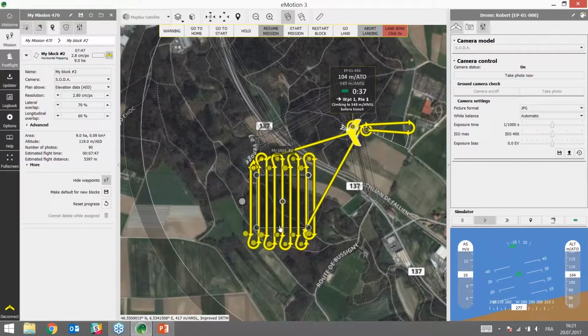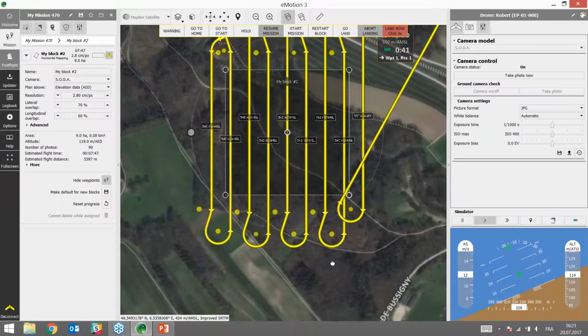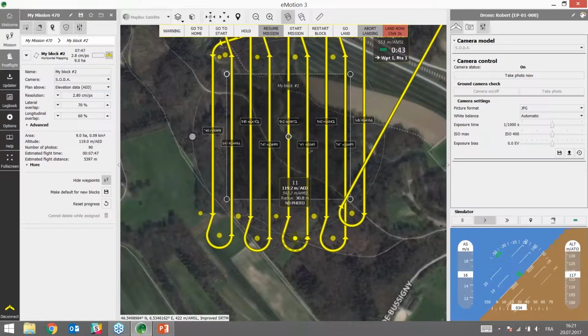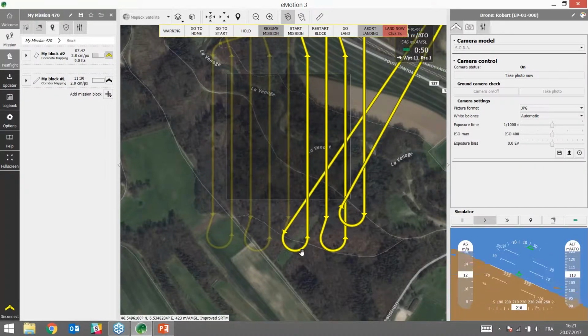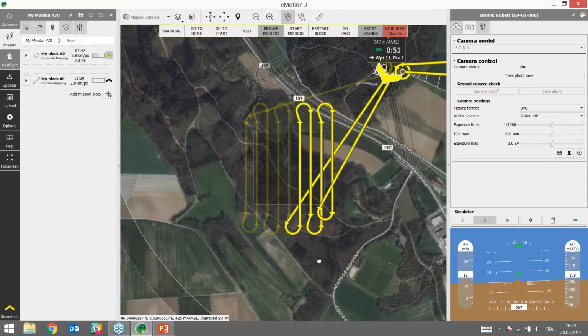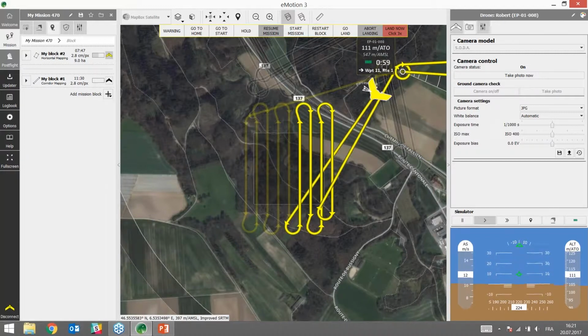After clicking show waypoint, I see my waypoints are now displayed on the map, and I can right click on any waypoint and go, for example, for go to waypoint direct. You can see that after clicking this option, the drone will go towards this specific waypoint and continue its mission. So it means that in terms of